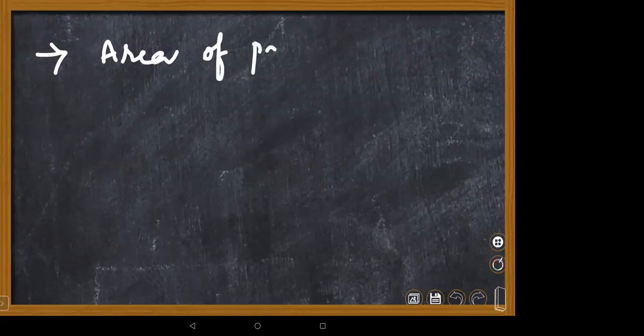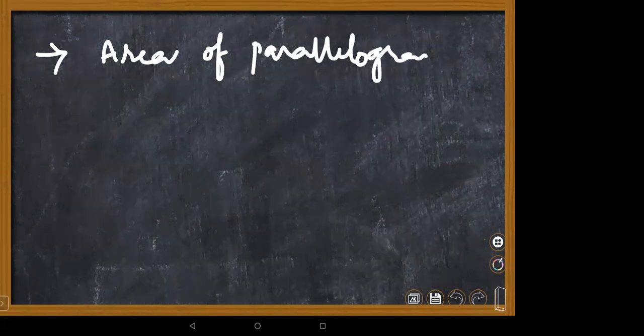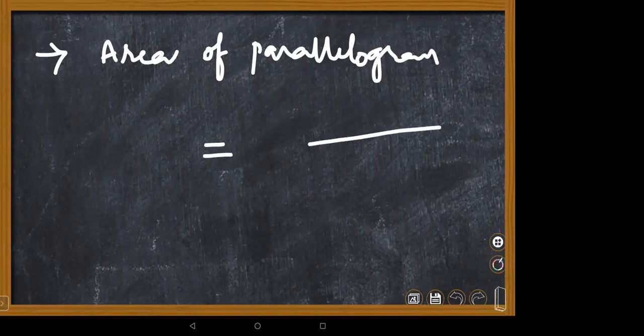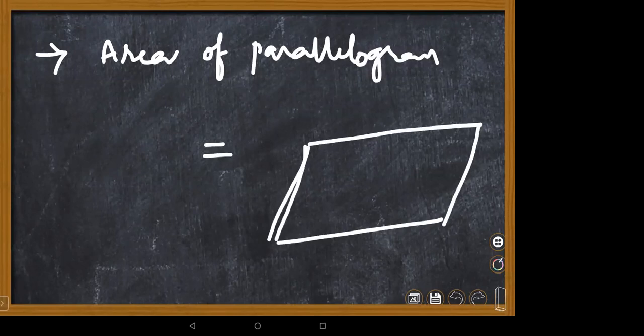Now area of parallelogram. These things we discussed in our previous class, children. Area of parallelogram. Ma'am, it is twice the area of a triangle, which is half will get cancelled, and length into breadth. Yeah, area of parallelogram means how are you supposed to find it? About parallelogram, what do you know, children? Ma'am, it is a quadrilateral with 2 pairs of parallel lines. Opposite sides are equal.